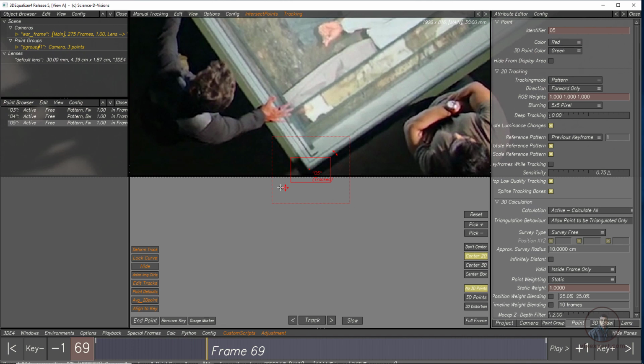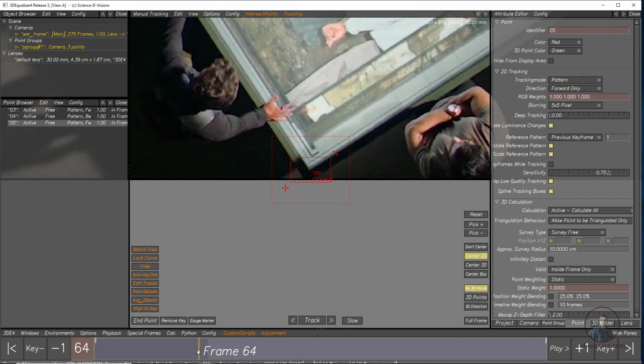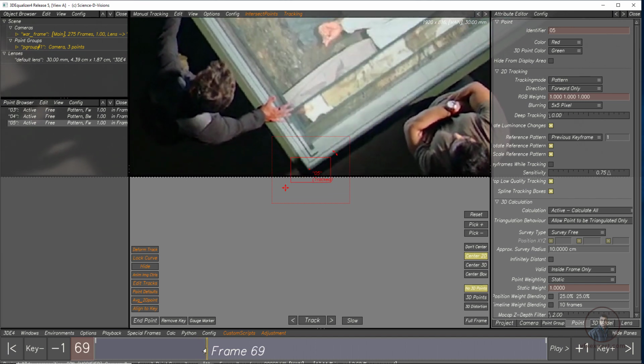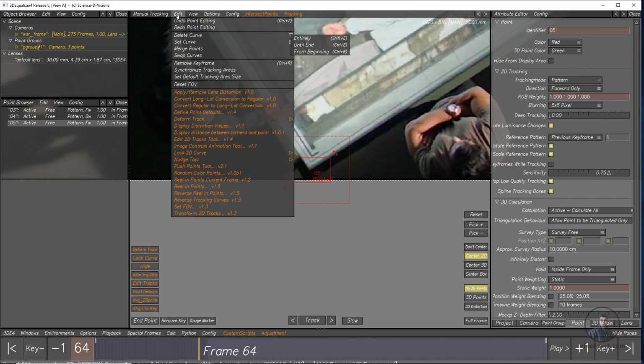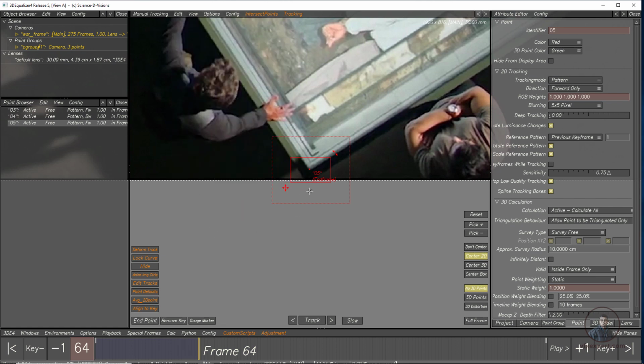Now see, after this, because this area is going outside our frame, so I think till here our tracking data is correct. So first we have to clear this tracking data. Then again simply click on edit, delete tracking curve until end, because we are going forward, then until end. So we have cleared here. After this just again click here on edit. Now if you want to adjust a little bit, you can track frame by frame. Now adjust a little bit here.